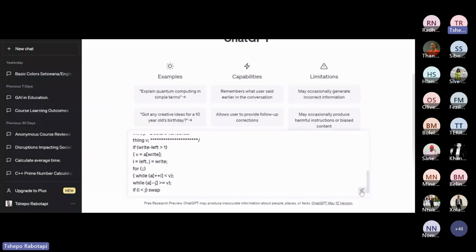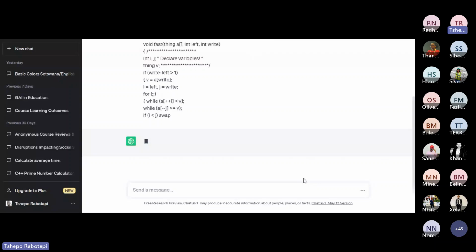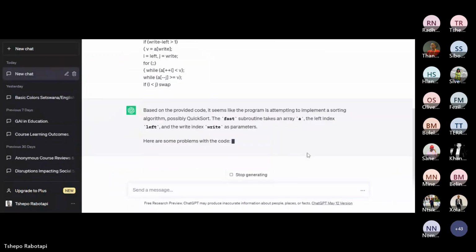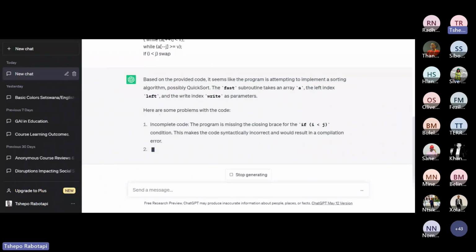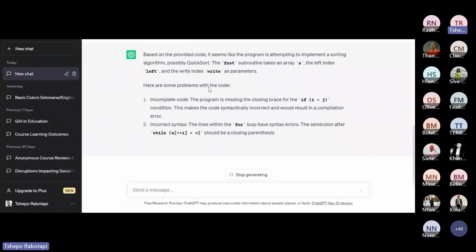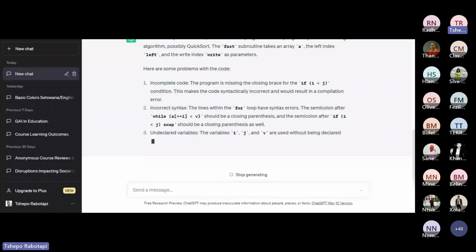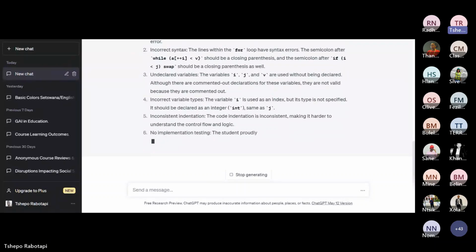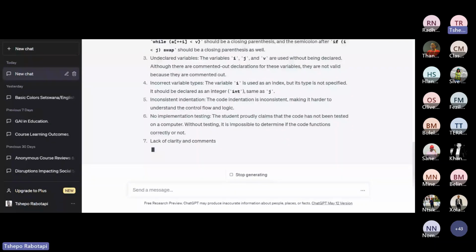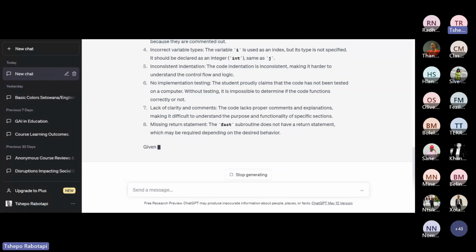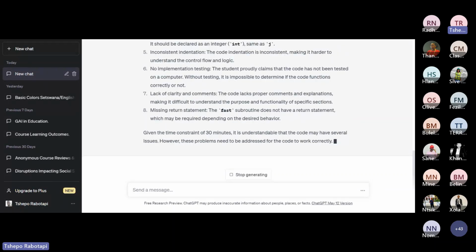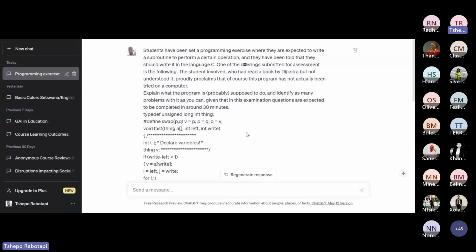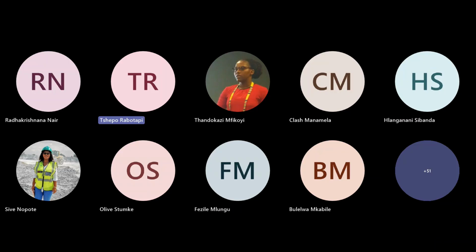So when you put it in there and then you send it, it will just take and analyze the code and then give you the problems that are with the code. So you'll see that if a student has been given this assignment, they can just do it in like two minutes, send it, get the marks, and that is that. With that said, I think that I will stop here, colleagues, and just give you this